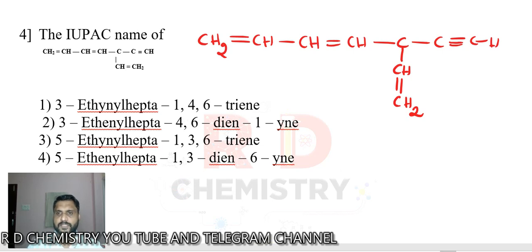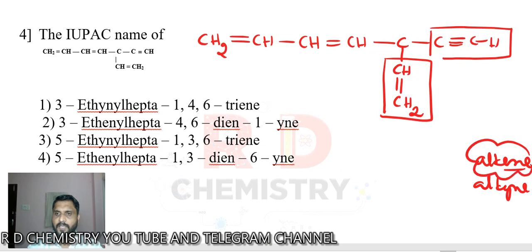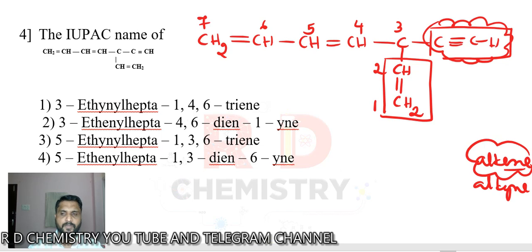Now you have to select the longest chain. Here I got branching like this. Select the longest chain, linear or the branching one. So you have to give preference to what? Now in the priority list, alkene, ene comes first, then the alkyne. Therefore I give preference to the alkene, and also the substituent gets the lower number. Alkyne will be a substituent. So I'll write carbon number 1, 2, 3, 4, 5, 6, and carbon number 7.